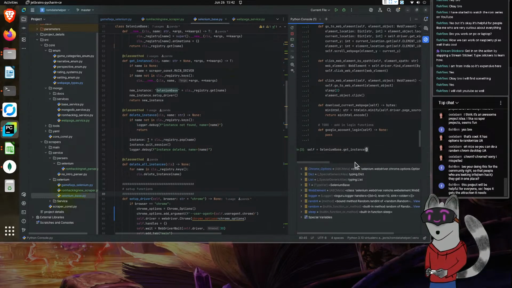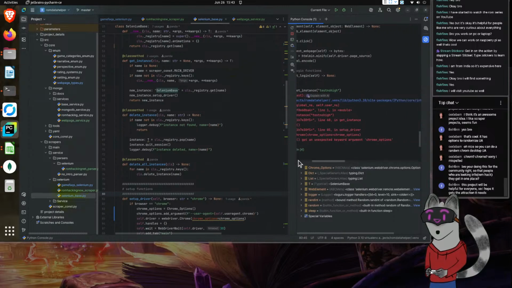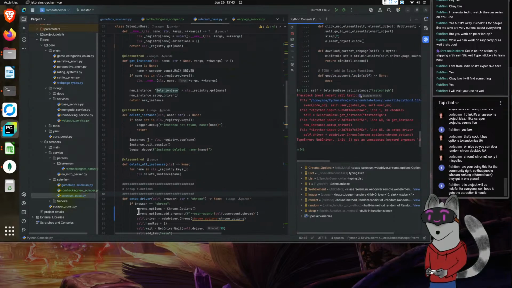So get instance, and we'll call this test no high. Oh, all right. WebDriver initialize expected, we got an unexpected argument, Chrome option. Why did you get an unexpected option?